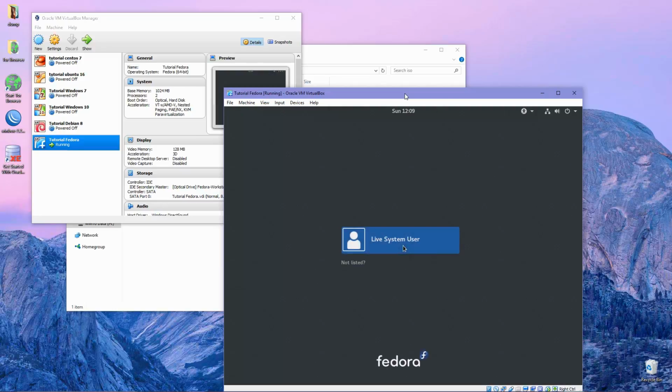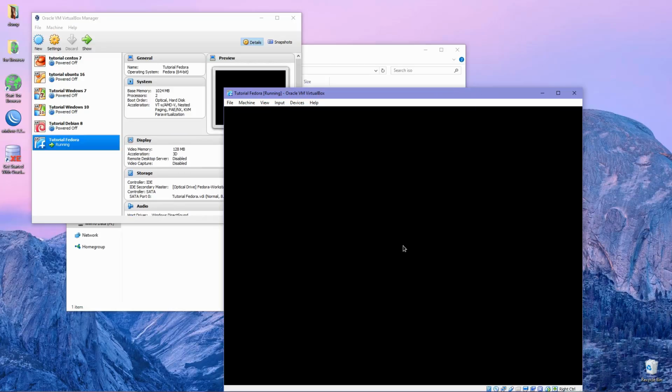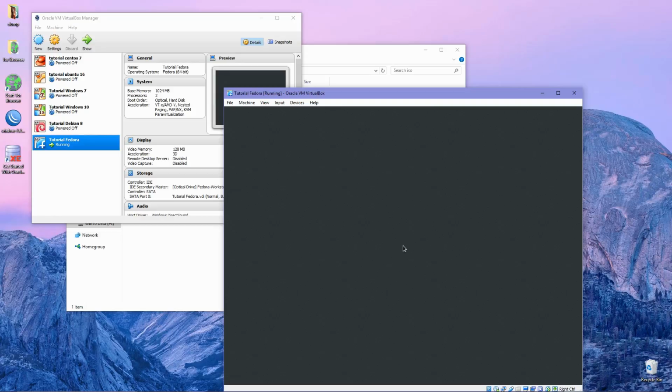Next, the live system user lets you enter your Fedora desktop or enter the installation window.